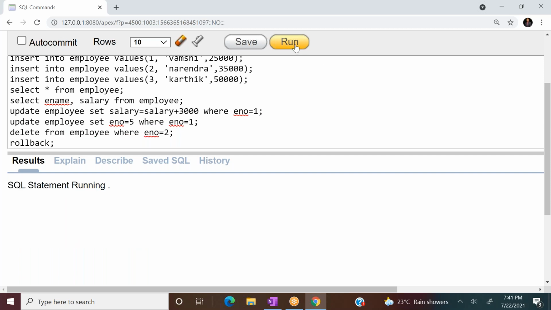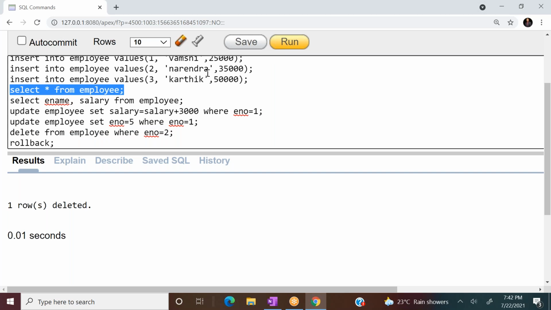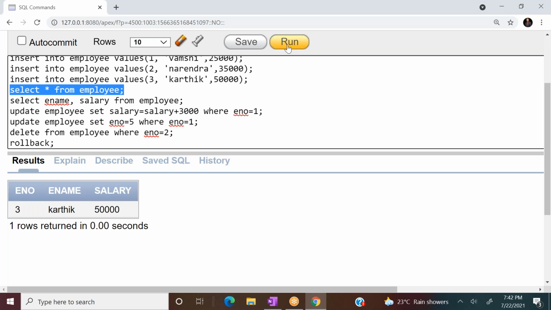Click run. One row deleted. Now display the table. What data am I getting? 3 Karthik, 50,000. 2 Narendra is deleted.